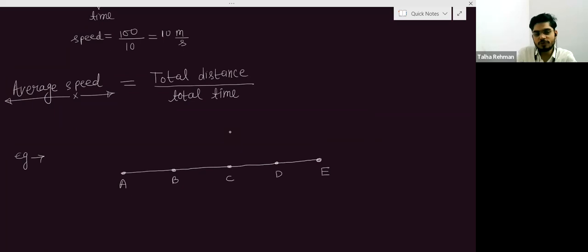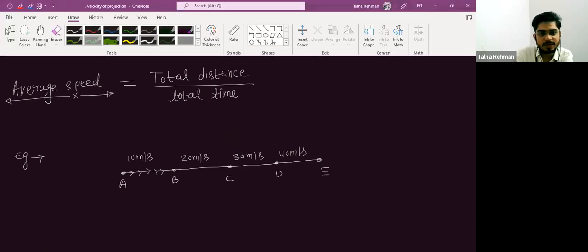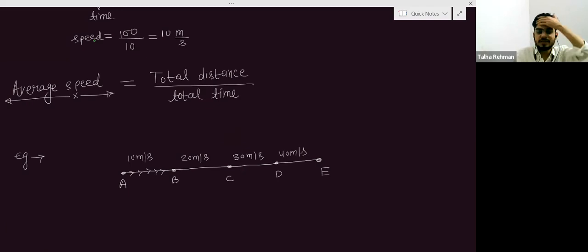For the motion of A to B, you have moved with 10 meter per second speed. From B to C, you are moving with 20 meter per second. From C to D, you are moving with 30 meter per second. From D to E, you are moving with 40 meter per second. And in covering this AB distance, the time taken by you is